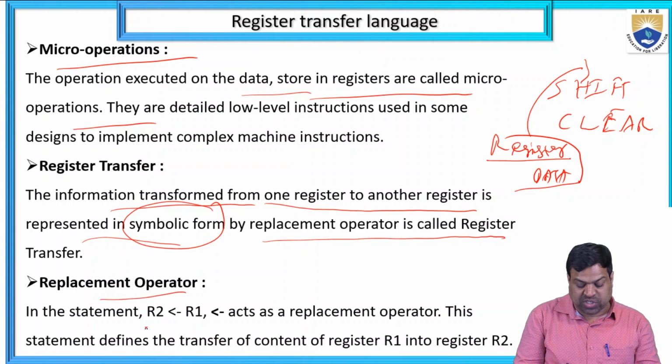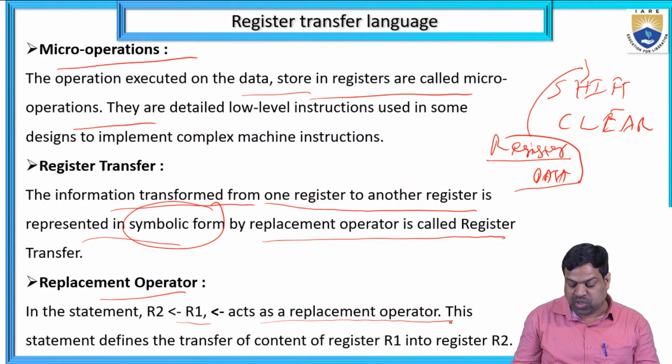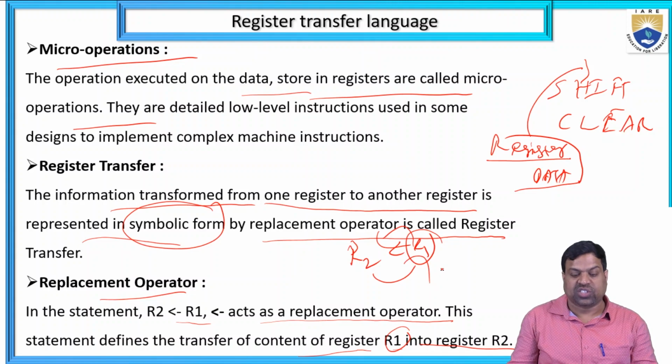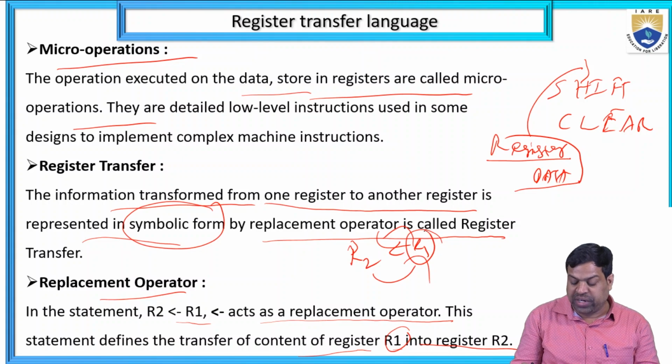And replacement operation, that means R2 <= R1, acts as a replacement operation. This statement defines the transfer of the content of register R1 into the R2 register. The R1 data is stored in R2. R2 data is stored in R1. That is called register transfer or replacement operation. Replacement means the complete data of R1 is transferred to R2, or the complete data of R2 is transferred